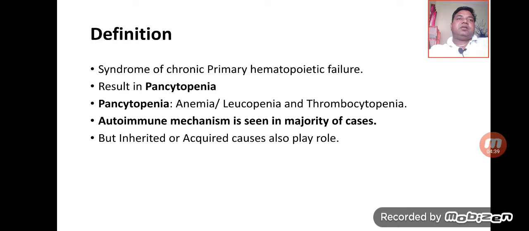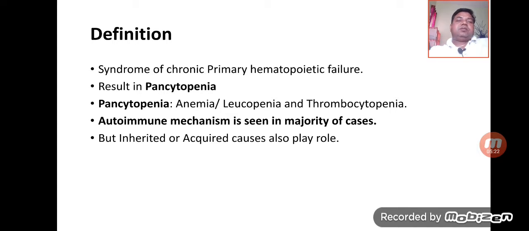This is a very important clinical finding which we will see under the microscope: features of pancytopenia in which all the counts are reduced. So the patient will have anemia along with neutropenia and thrombocytopenia. As we have discussed in the previous slide, whenever there is a decrease in the counts of RBC as well as a decrease in the hemoglobin, then it is called anemia. In leukopenia, the count is less than 4000 per cubic millimeter, and in thrombocytopenia less than 1.5 lakhs per cubic millimeter.